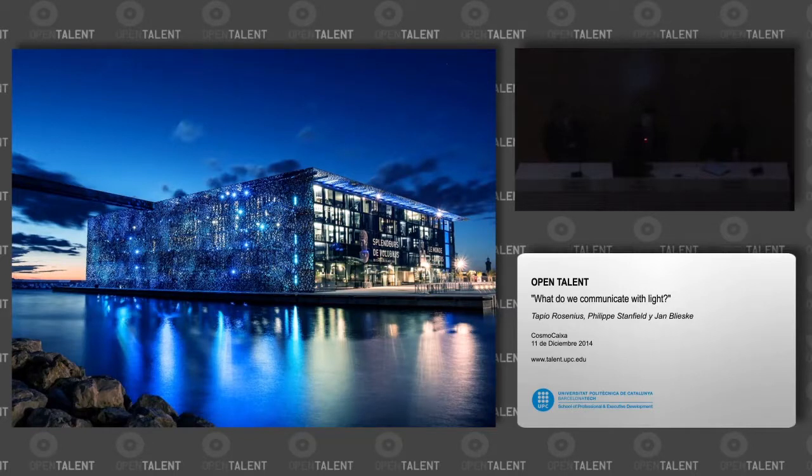Apparently there was this enormous sardine, this little fish, which was so big that it blocked the entry of the port. So this building is a representation of that fish, in an abstract way,